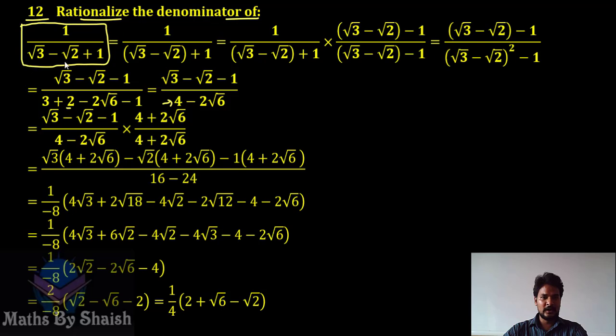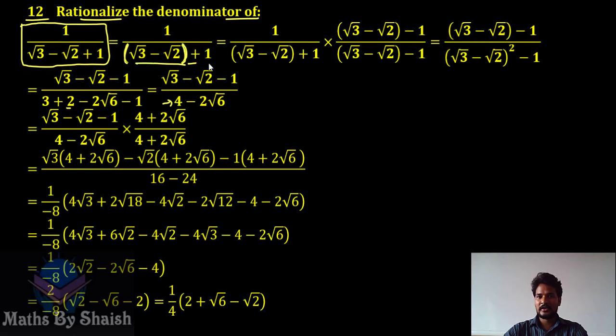So first, we can take root 3 minus root 2 together. It's not compulsory that we should always take the irrational numbers together. We could have taken root 2 and plus 1 together and found its rationalizing factor. But in this case I have taken root 3 minus root 2 together and plus 1,